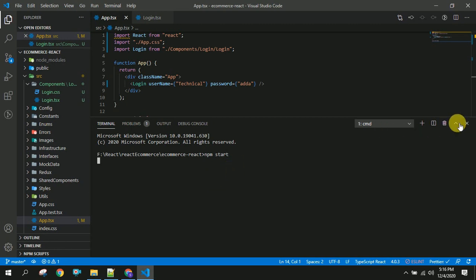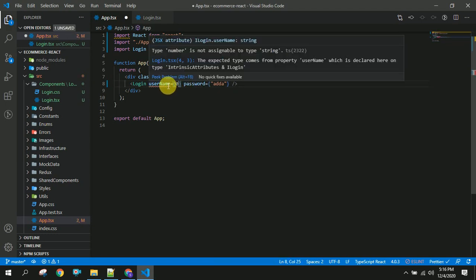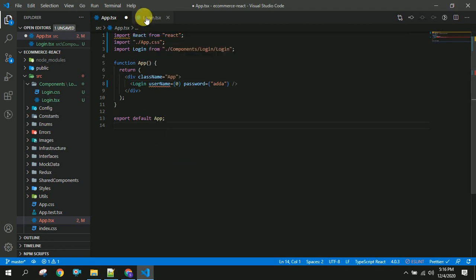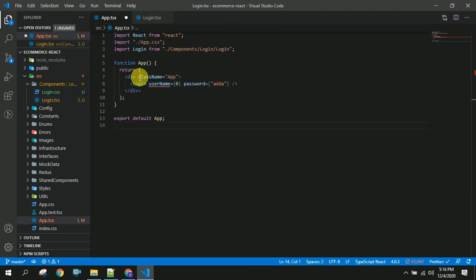Until then, you can see here, if I change this to a number, you will be getting an issue like type number is not assignable to type string, because we have strictly mentioned it as string type. If you are sending it as a number type, then it will cause issues. In this way you can catch everything at compile time itself instead of getting it at runtime.